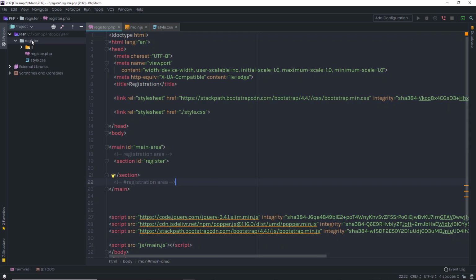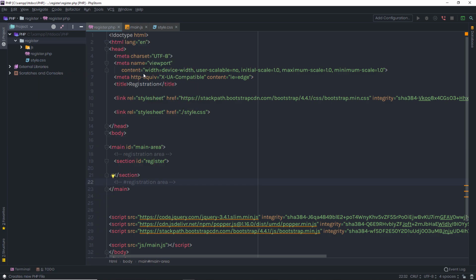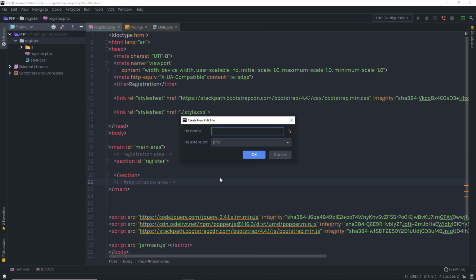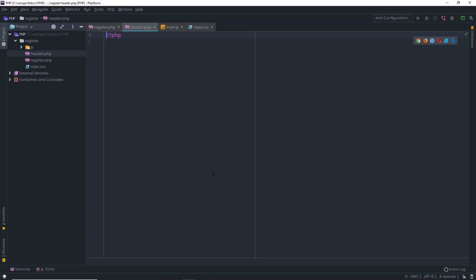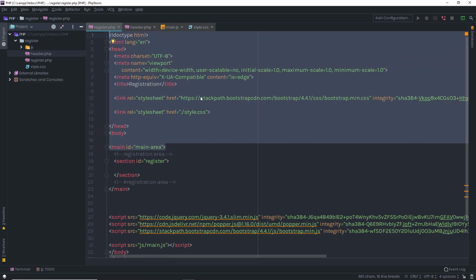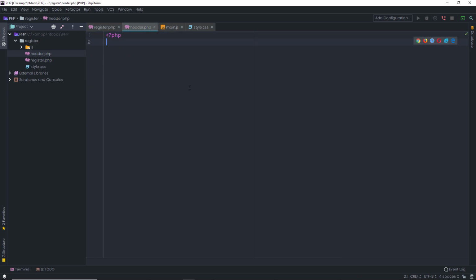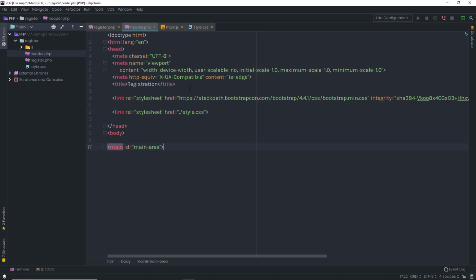So I'm going to just right click on my project and select new and create a new PHP file. So I'm going to select PHP, and I'm going to just say here header.php. So I'm going to create header.php file, and inside it I'm going to just grab this header. So I'm going to just get the header from this opening main tag. Right from here, I will just copy this complete header, cut it from here and paste it inside this header.php